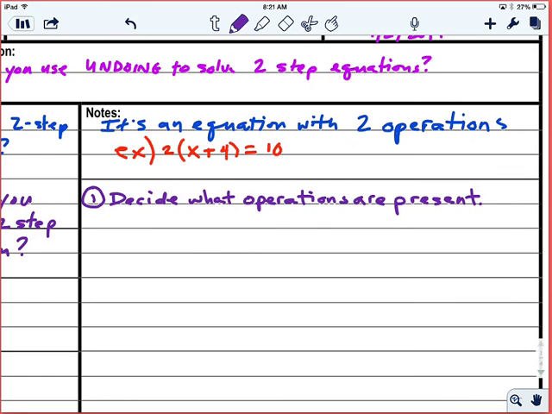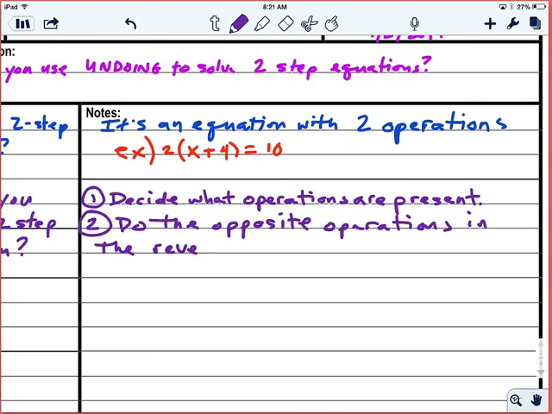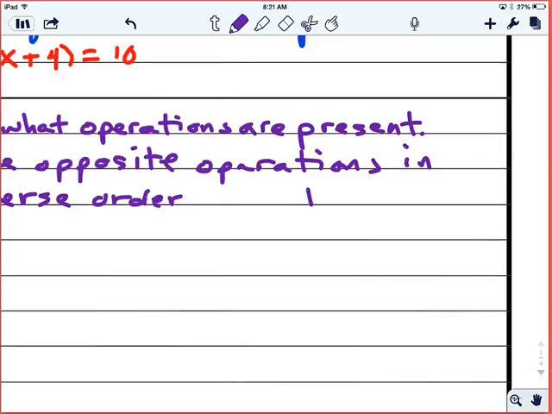And then 2, do the opposite operations in the reverse order, which is going to look like